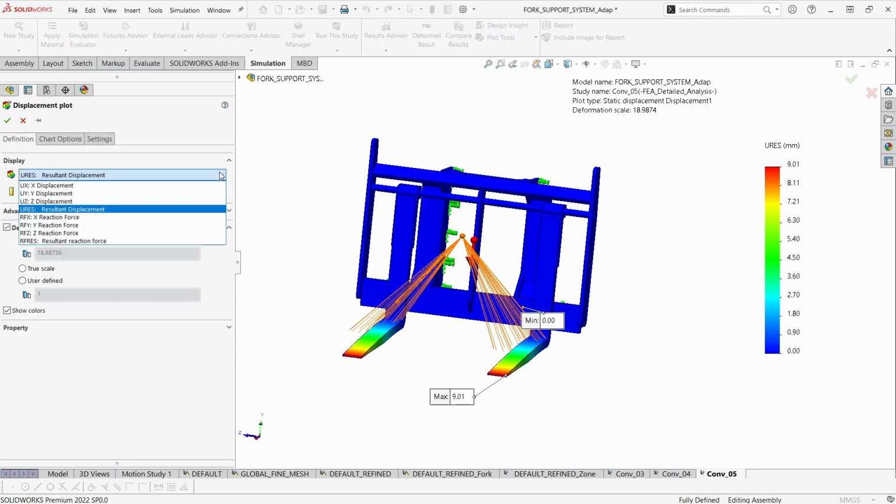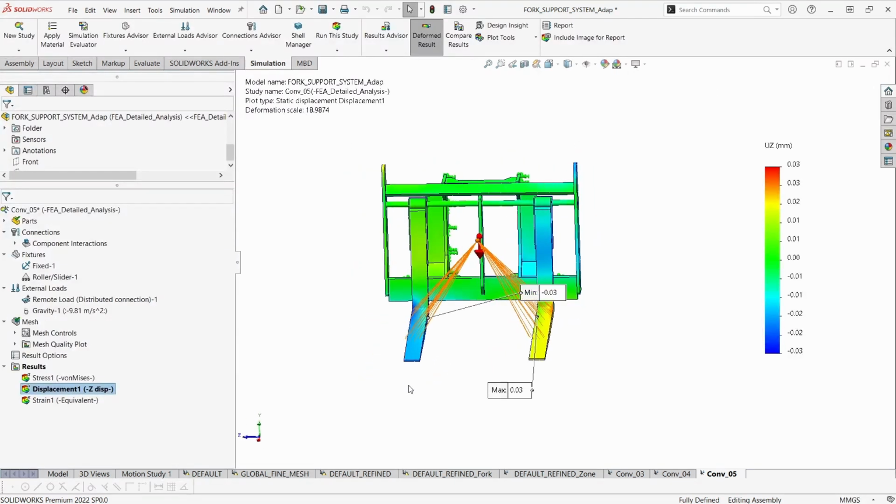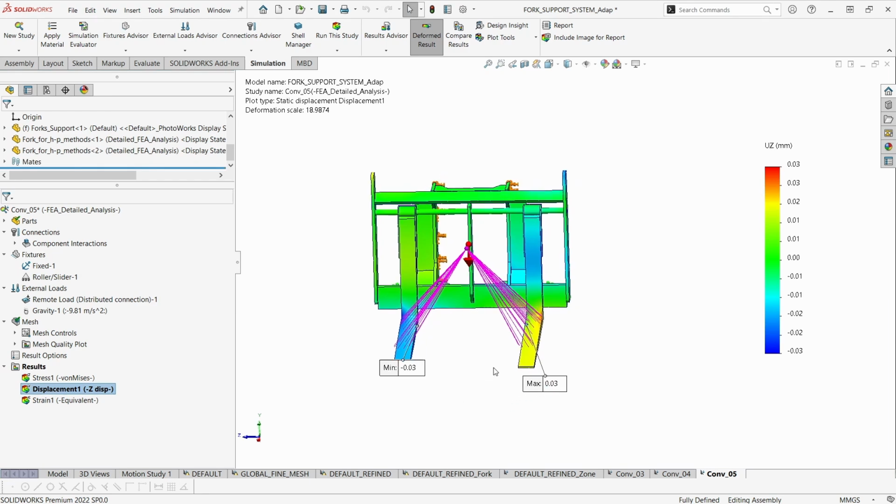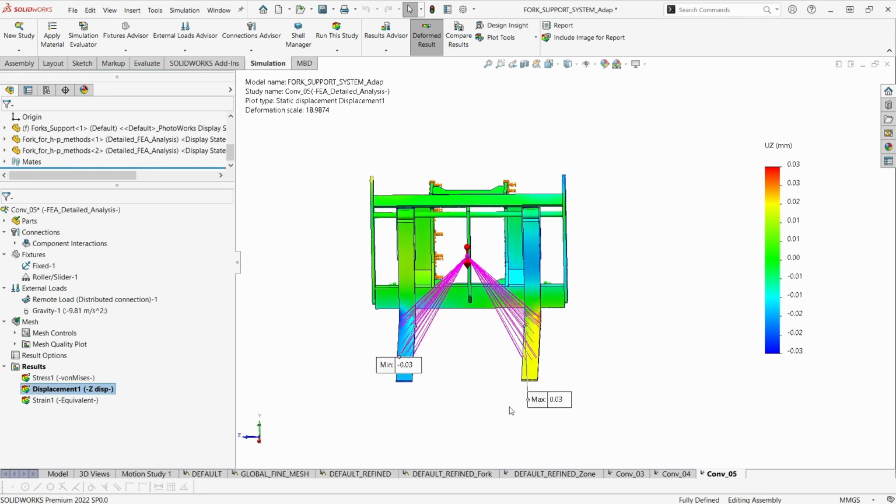And here I'm going to drop down this menu and check the displacement just in Z direction, which is the transversal. I will accept, and here we have the results. Okay, if we had around 9 mm of total displacement in our fork, in the transversal direction, we just have 0.03 mm, which is practically nothing, right? Therefore, we could use the assumption that to simulate this event, we can consider no displacement in the transversal direction